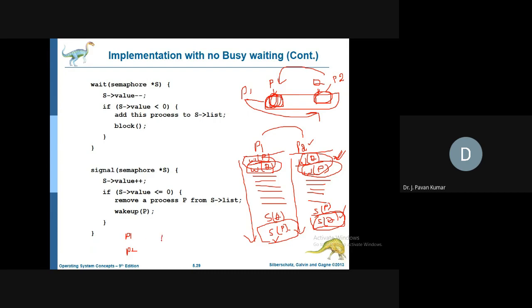Two things are there. Let us say first thing, second thing. The first thing is already held by P1, the second thing is held by P2. Now P1 can release both the things if P1 gets both the things, after utilization.